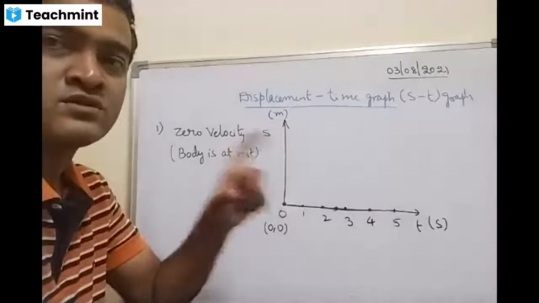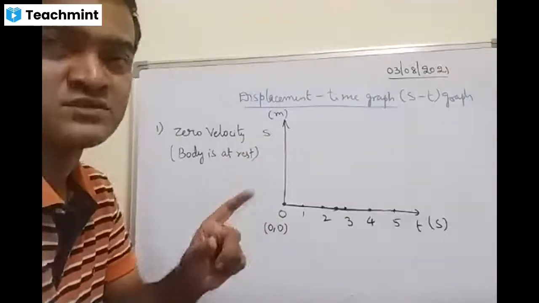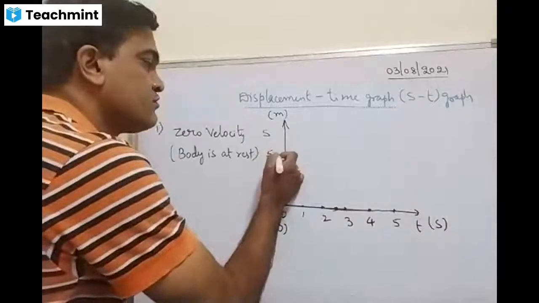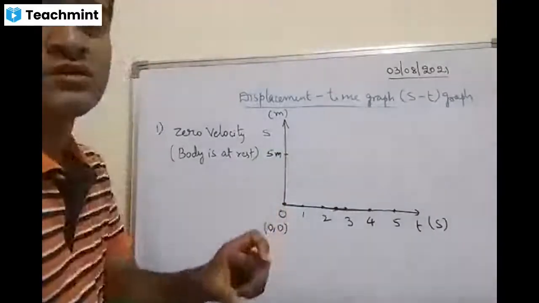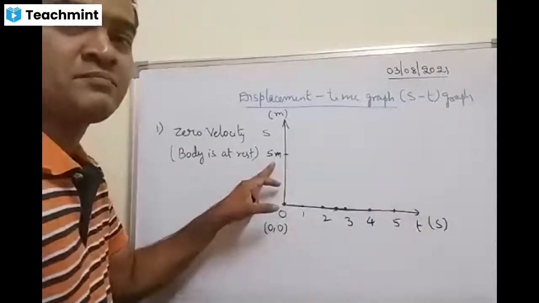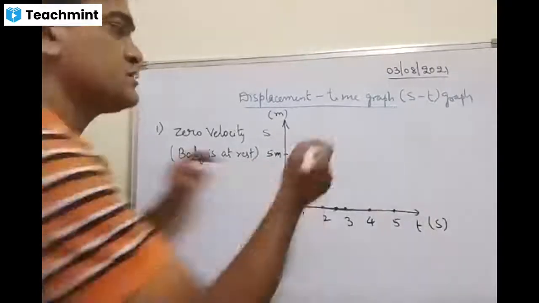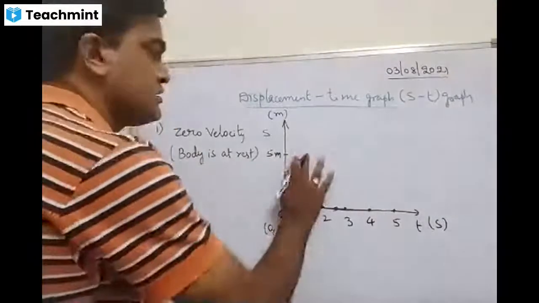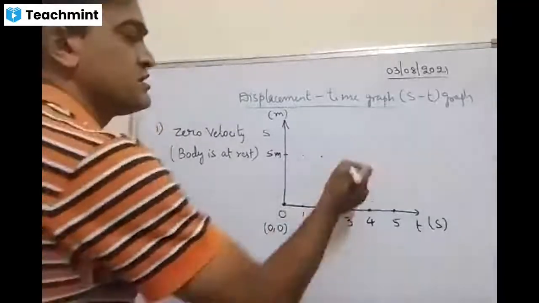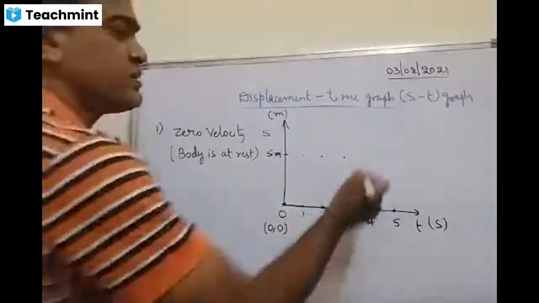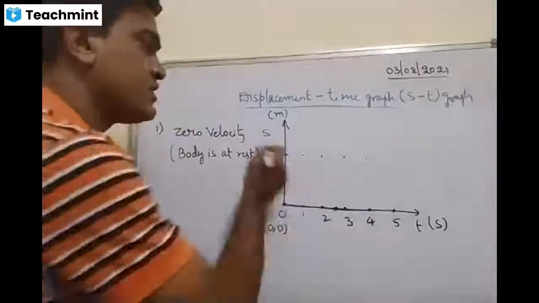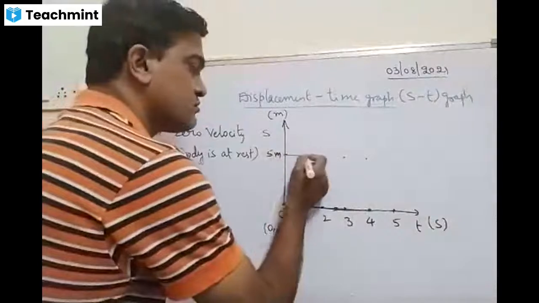moment I stop the clock, there I have seen the displacement as 5 meters. I stopped the clock and I have measured the displacement 5 meters. But later on, as time passes, the displacement is 5 meters again after 1 second, and after 2 seconds again 5 meters, and after 3 seconds displacement is 5 meters, and after 4 seconds again displacement is 5 meters. Now if I draw all the points,